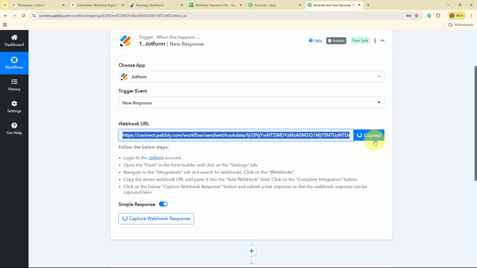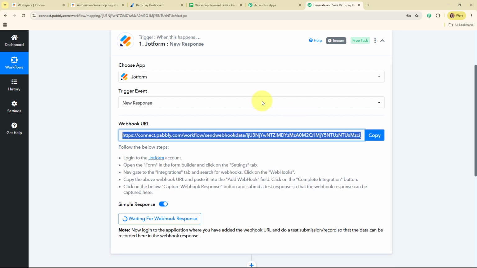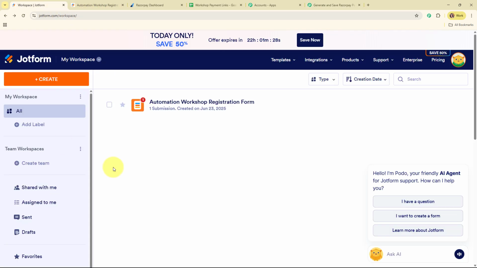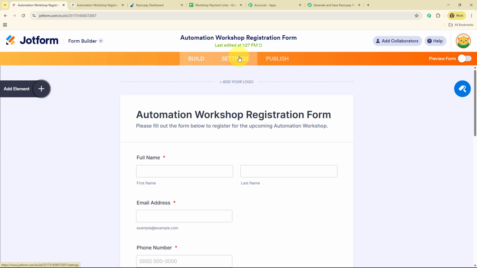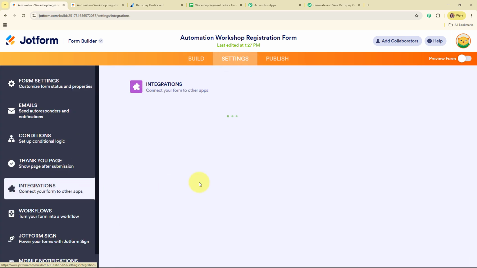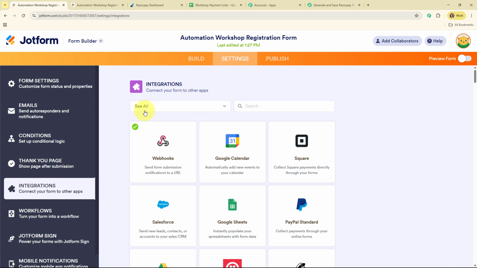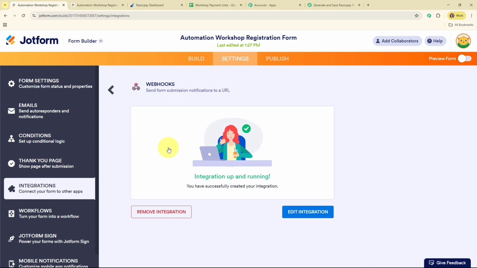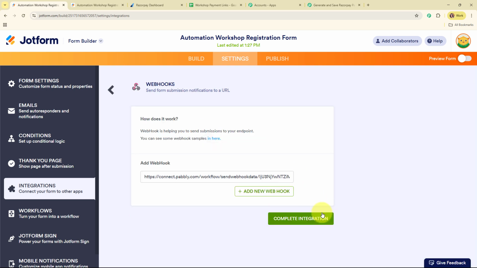Firstly, I'm going to copy this webhook URL, and here I've already logged in to my Jotform account. So this is the Jotform that I've already created with the name automation workshop registration form, and then I'm going to click on this edit form from here. And from here, I'm going to click on the settings, and here in the settings, I'm going to select integrations. And here in the integrations, you can see our integration has already been set up over here, that is webhooks. So here I'm going to click on this webhook integration, and then I'm going to click on this edit integration,